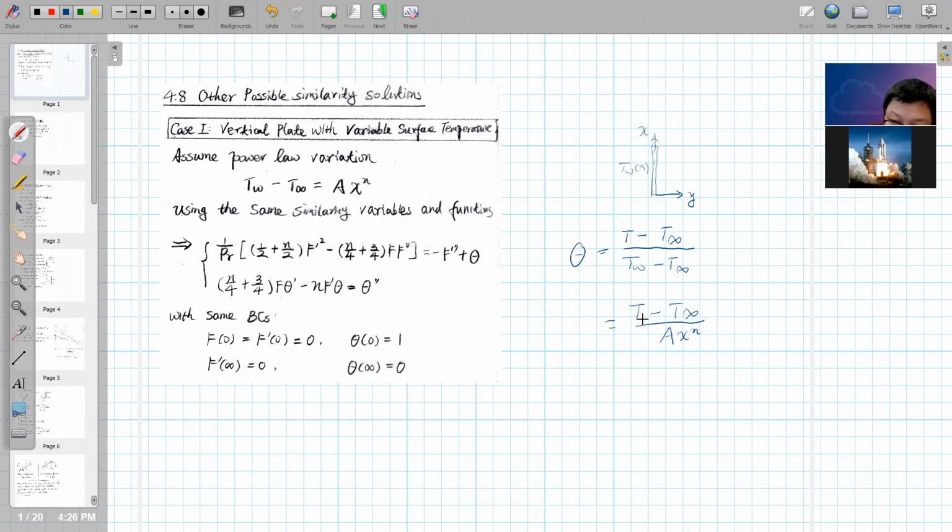Why do we need to do this? Because when you put this theta function into the governing equation, let me give you an example. Using the energy equation as an example, we have u partial T of partial x plus v partial T of partial y equal to alpha partial square T of partial y square. This is the energy equation, and u and v will be replaced by the stream function as before. So there is no change for u and v. But when you change this T to this theta here,